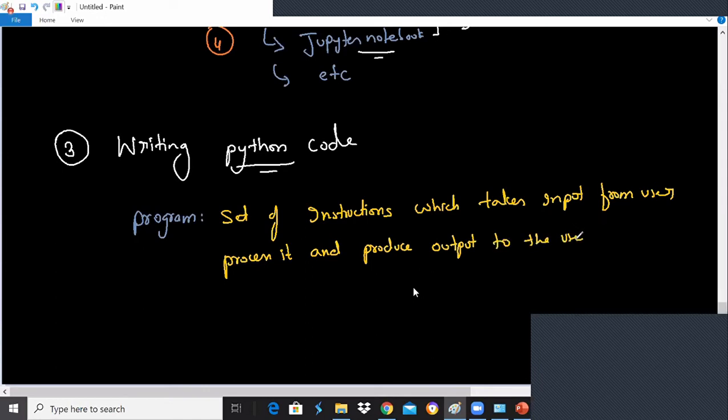So this is the definition of a program actually. A program is a set of instructions which take inputs from the user and process them and produce outputs to the user. So every programming language must take an input and must produce an output.